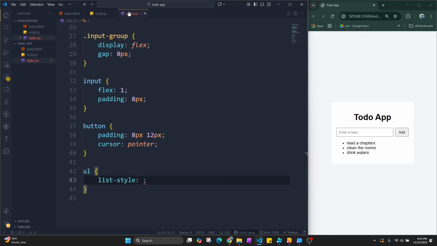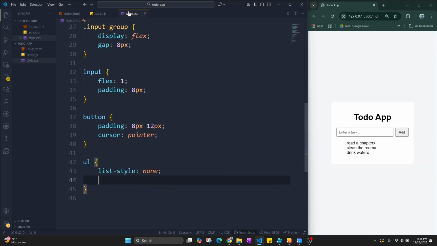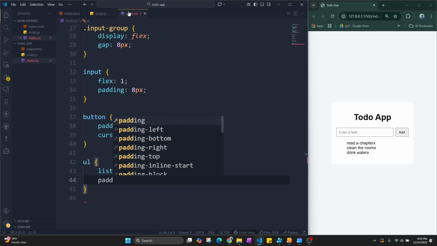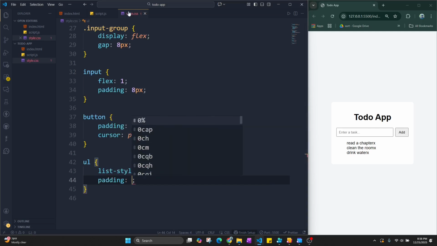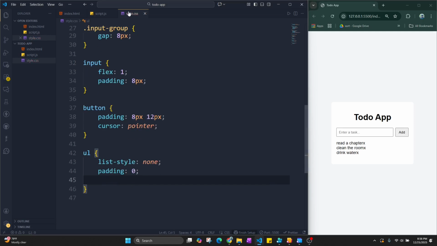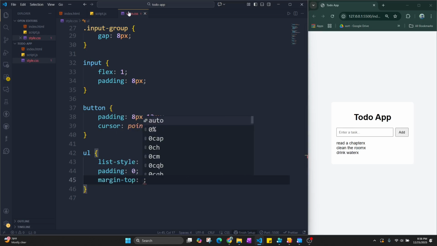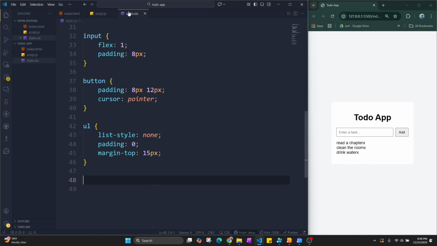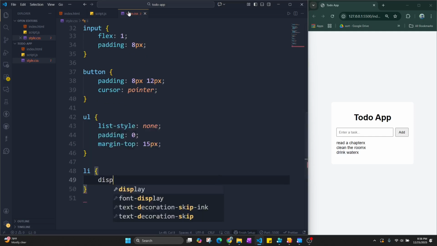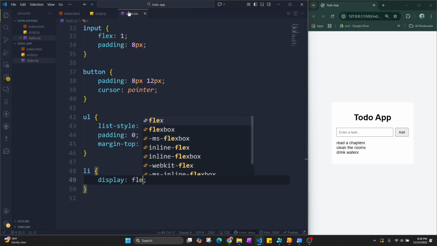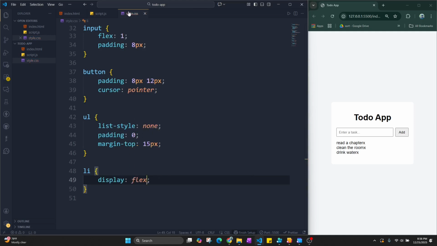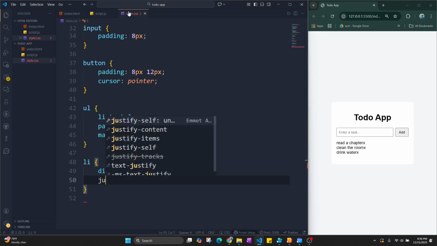Next I'm going to define the styles for the to-dos list. Next for each to-do item,